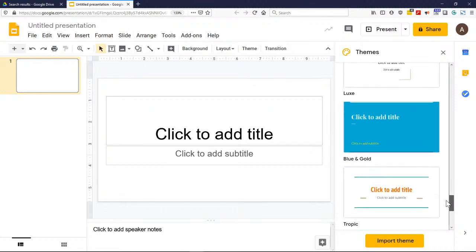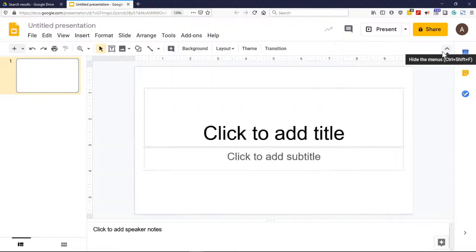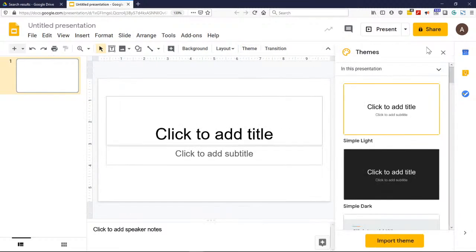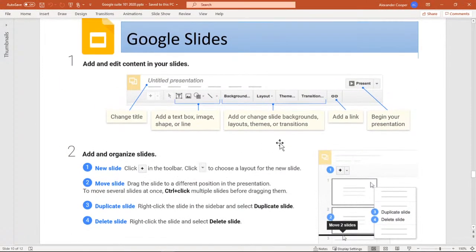Okay, but we know what we're going to do, so I'm going to go ahead and just keep it kind of blank right now. So I'm going to hit the close button there. You can hit theme here and it'll pop up again. Okay, so let's go ahead and let's walk through this. So all this should seem very similar,